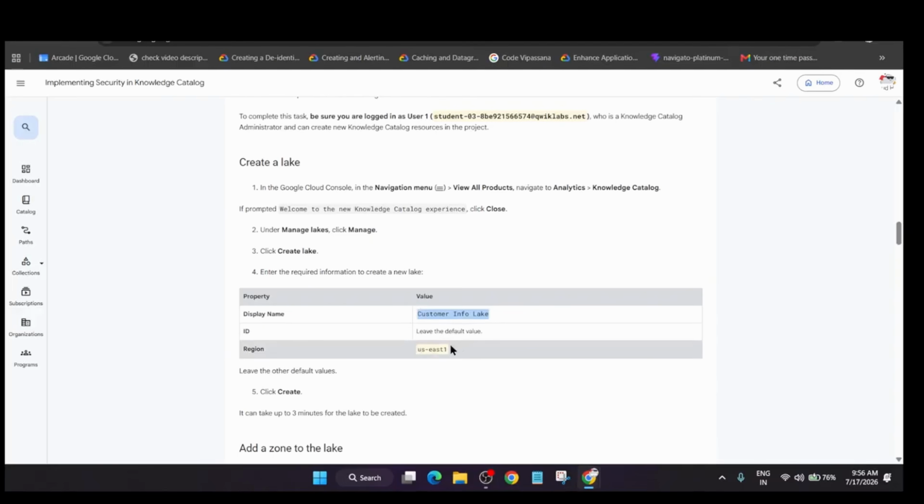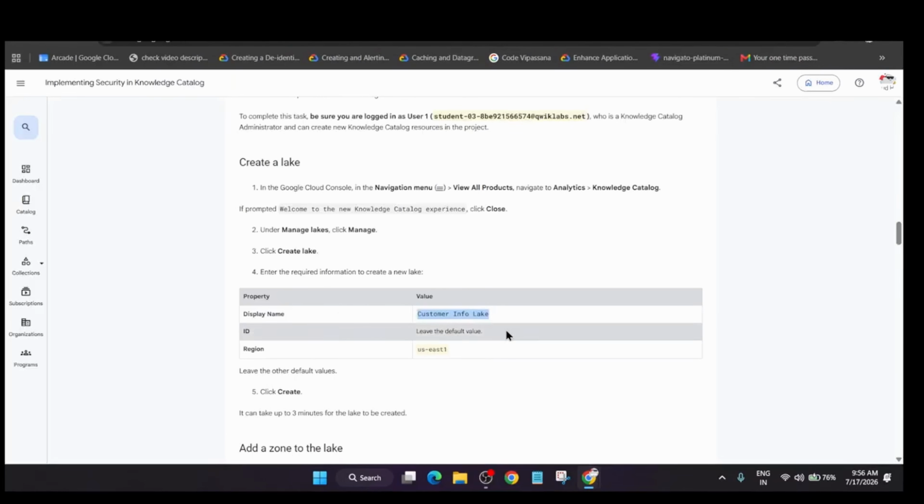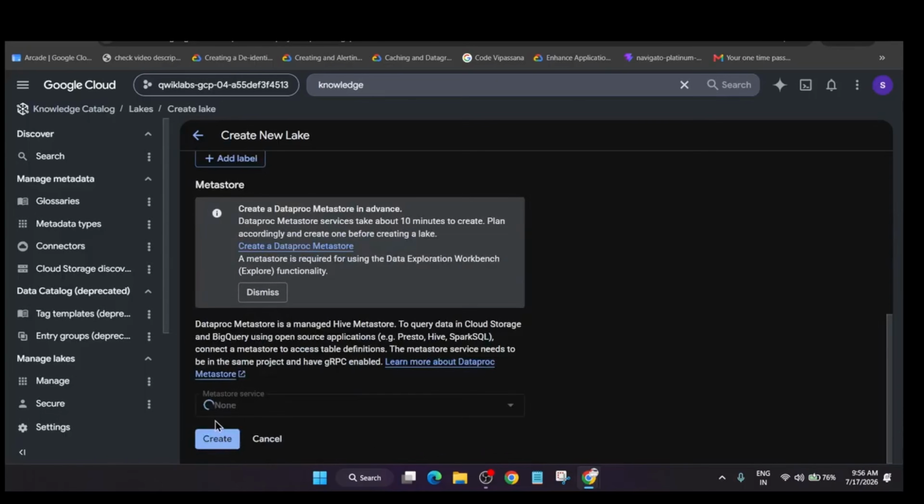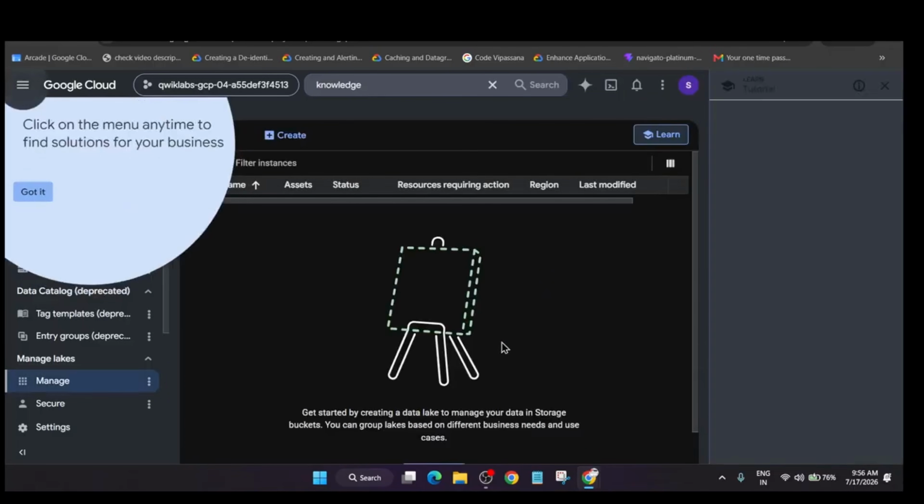Select the region which is highlighted over here. It might be different for you. Okay, cross verify once again and then come down and click on create. This will take around 2 to 3 minutes, so you have to wait for the creation to get